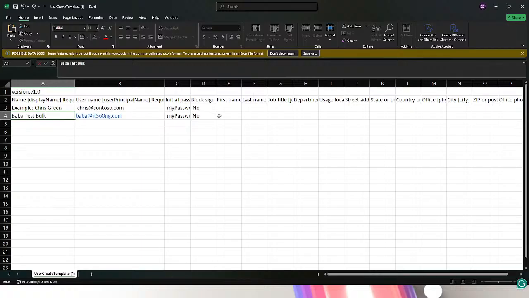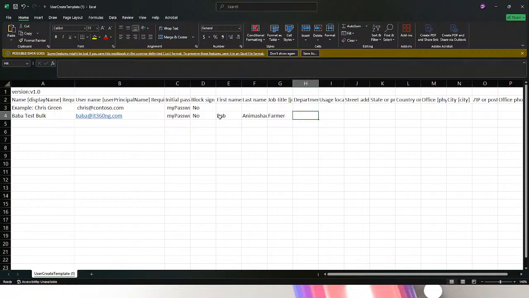So I can decide to start putting the first name, Baba, Anima Shaun, or whatever you want to put there, then job title, farmer, department, whatever you want to put. Those are not so important, but these are important: at least the initial password, which you can change, the block sign in if you want to block it or not, and the user principal name. I'm going to save this